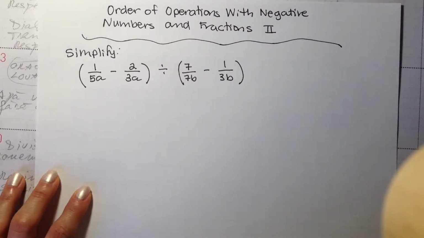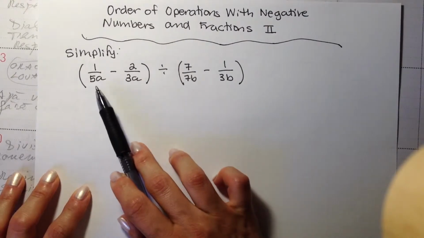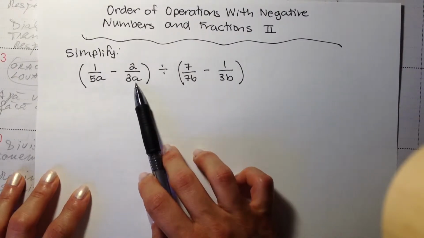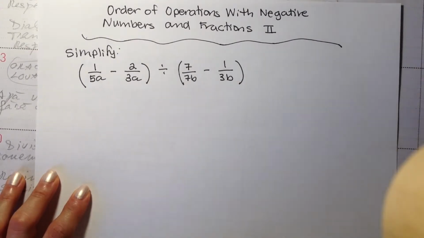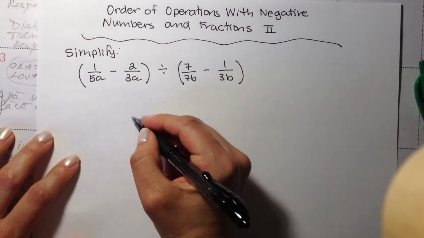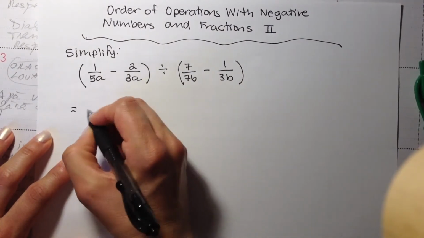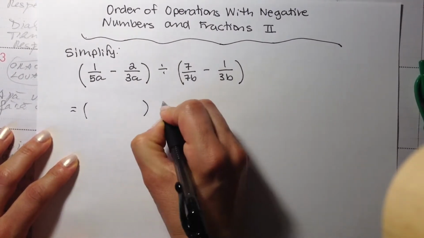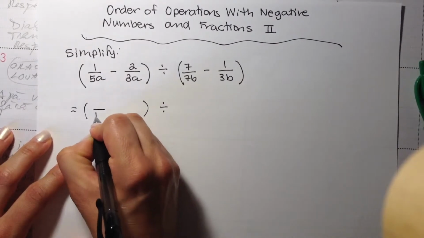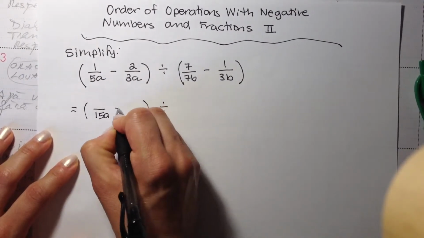we notice that we do need to find a common denominator since we need to subtract in both cases. And so for the first part, we have 5a and 3a. Your common denominator would be 15a. And so we would need to rewrite this, and I'm still going to include my parentheses. Okay, so I know my common denominator would be 15a,